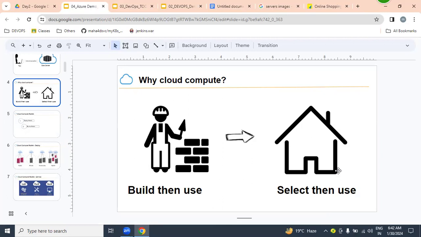The best example: you want to go to the railway station. Just for reaching the railway station, are you buying a car or a rental car, Ola or Uber? Obviously, a rental car.